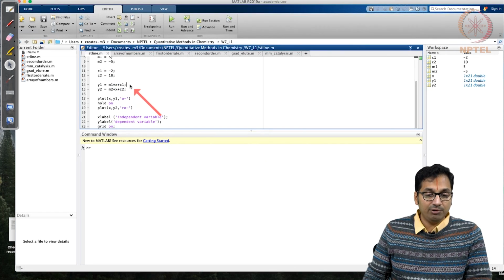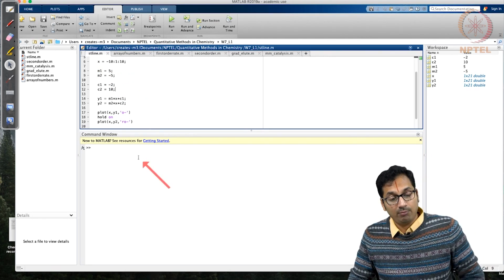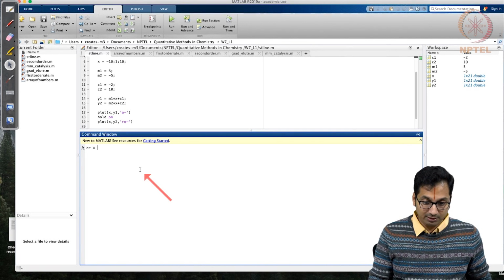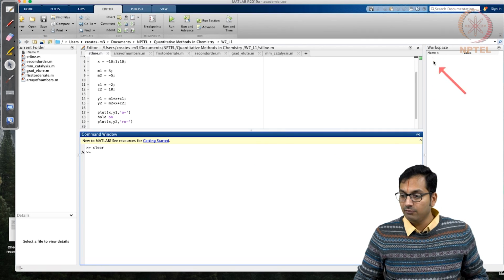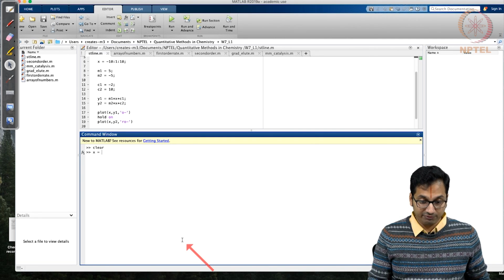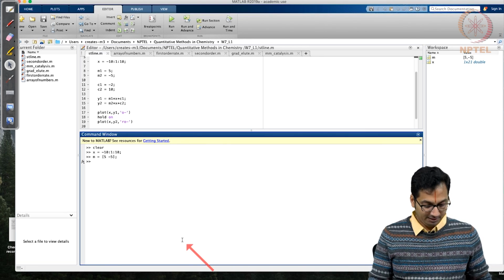But of course this is also laborious because you need to keep on defining what is your m and what is your c. So what we will see in a moment is how to generate this quickly on the fly. So one way of doing this is that you can once again create the x variable. To start with, it's better to clear any variables that you have had, otherwise MATLAB might get confused, or rather you might confuse MATLAB in the way you define. So minus 10, 1 integer units until 10, and then instead of giving slopes this way, you can give a slope which is also an array,